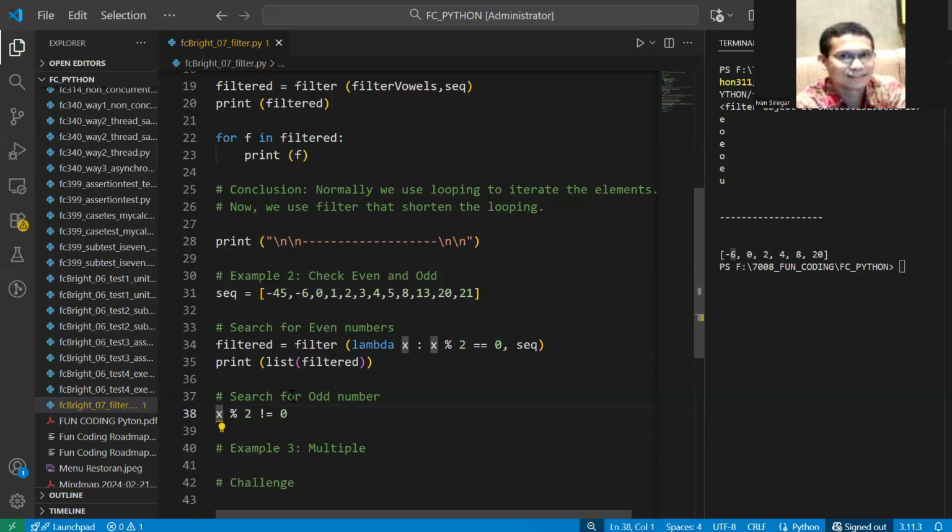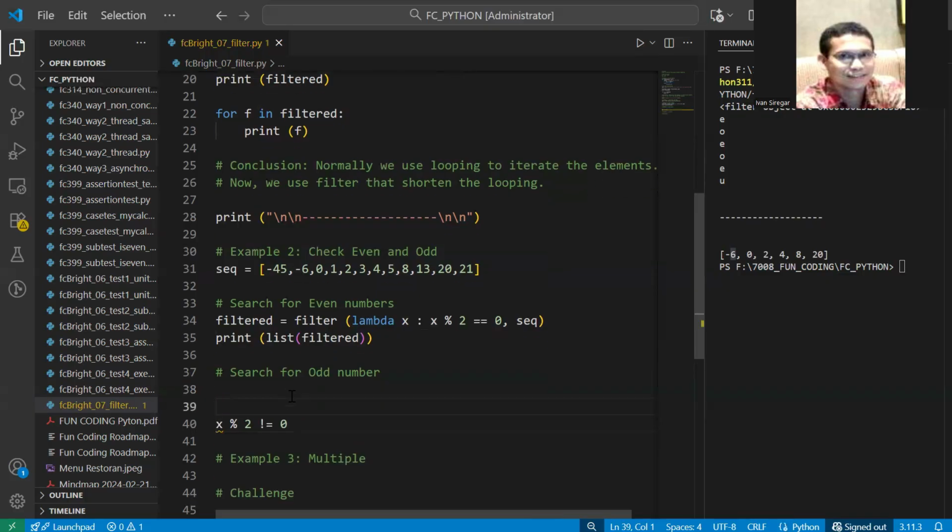So that's why for the lambda, you have to make the variable. Actually it will be like this. You have the function def, it should be like this. Def my function. You have x here, and then you check whether x mod 2 equals 0 like this.